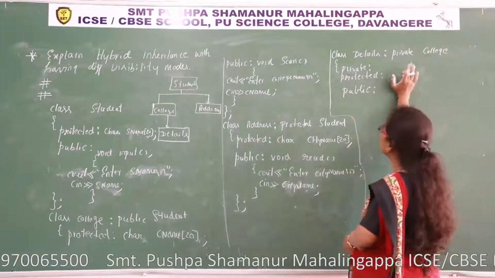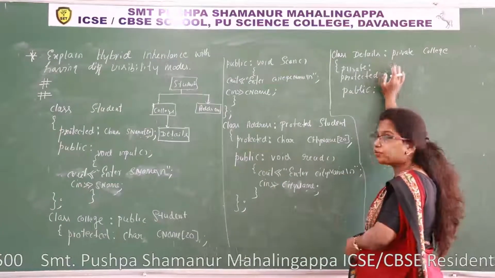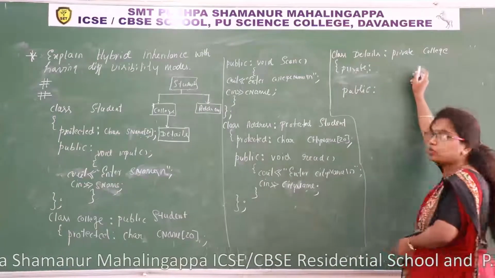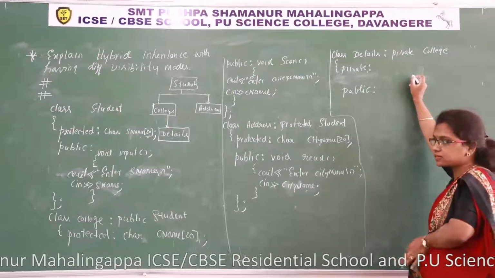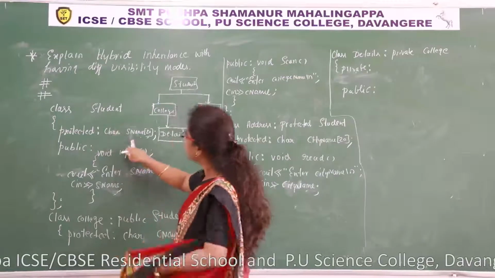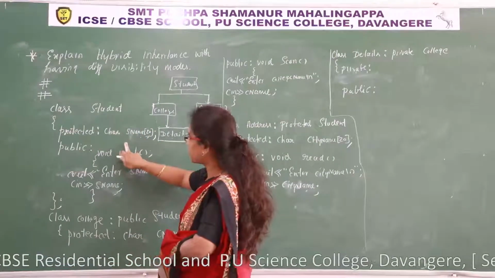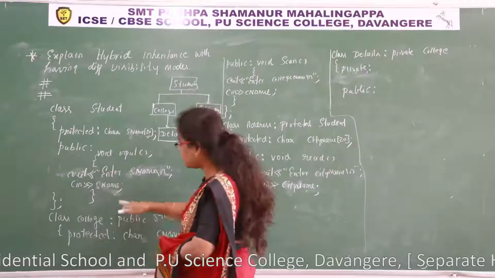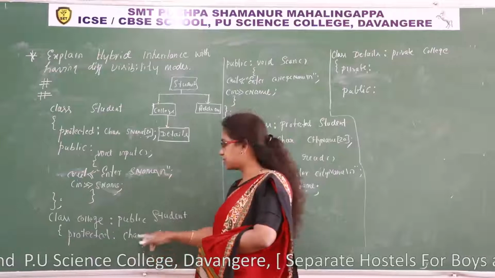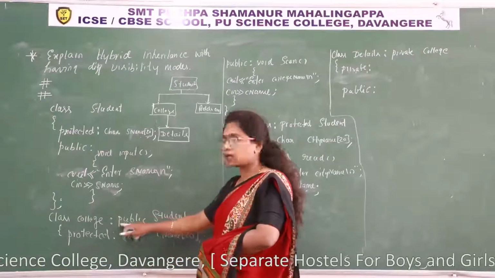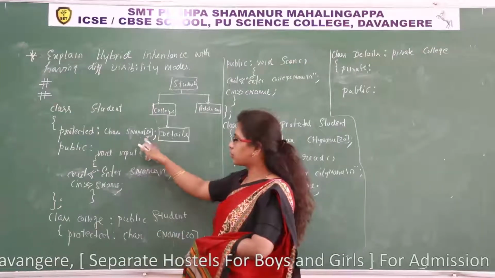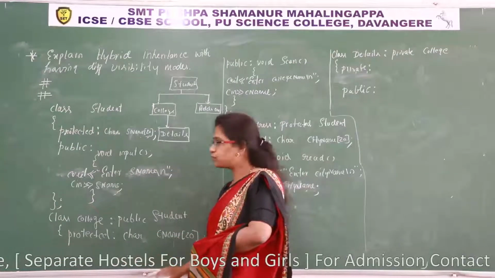Okay, so because this class is inherited in private mode, I don't want this protected mode here. In the private mode I am inheriting, I repeat the things. Listen carefully here. Base class protected members and public members are inherited to the derived class. You all know this concept. Where it has to go depends on the visibility mode. So the college class is inherited in public mode, so base class public members and protected members are inherited to the respective section.